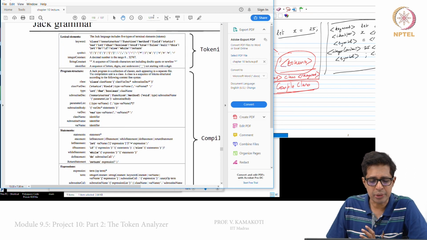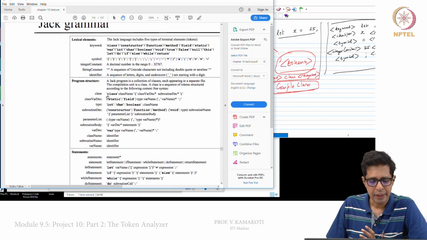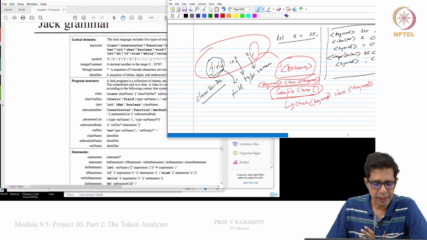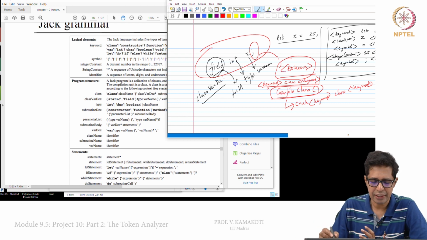Let us look at this. The compile class should first check whether keyword class is there. The first token is keyword class slash keyword, and it needs to check whether that token is there.